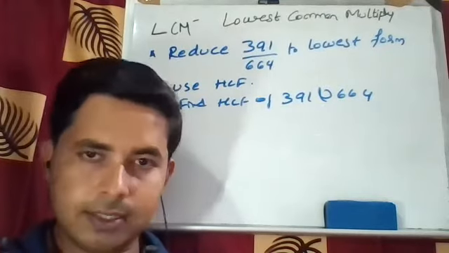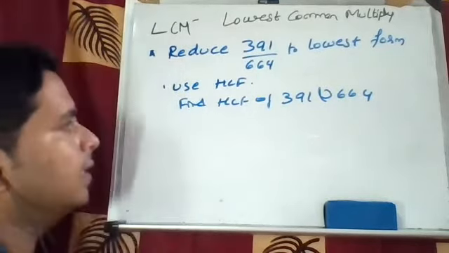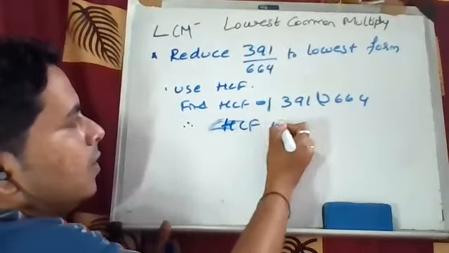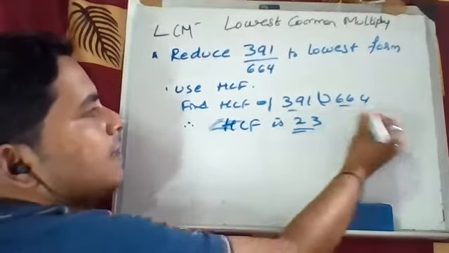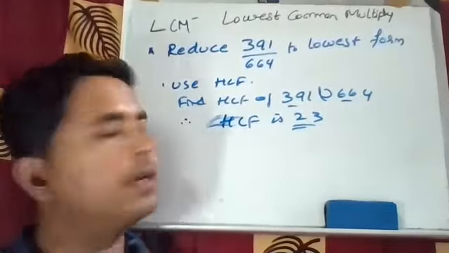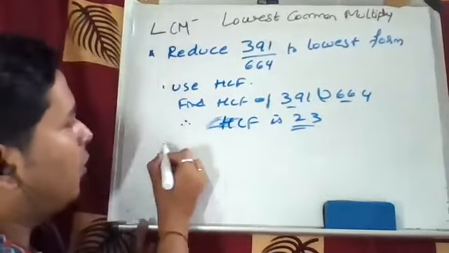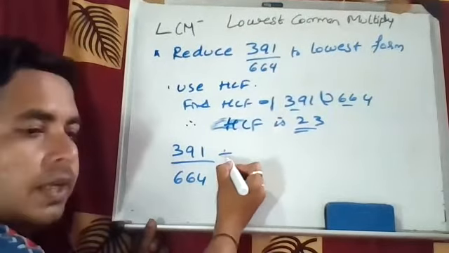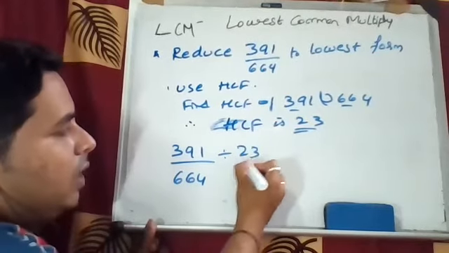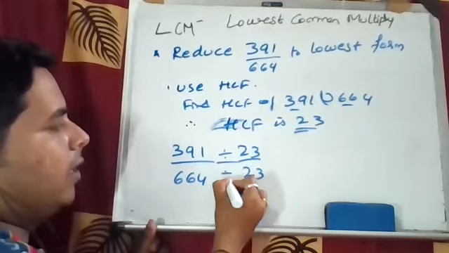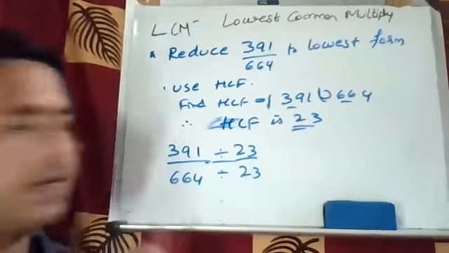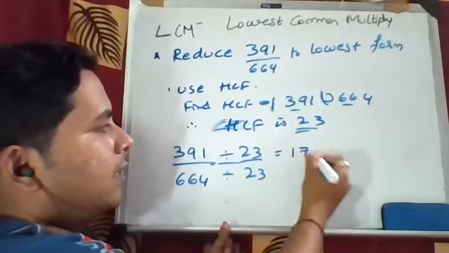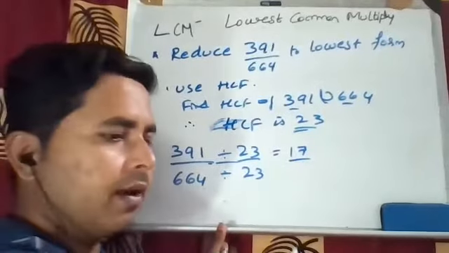ओके, सो HCF फाइंड आउट किए तो इनका हमको क्या मिलता है, HCF is 23. सो इन दोनों का HCF क्या आएगा, 23 आएगा. देन कैसे रेड्यूस करना है, टेक अ क्वेश्चन 391 and 664, डिवाइड बाय 23 and 23. दोनों को क्या करना है, अपर डिवाइड बाय 23 एंड लोअर डिवाइड बाय 23. अगर दोनों को डिवाइड किए बाय 23, आपको क्या आएगा आंसर, 17 ऊपर आएगा एंड नीचे क्या आएगा, 29.